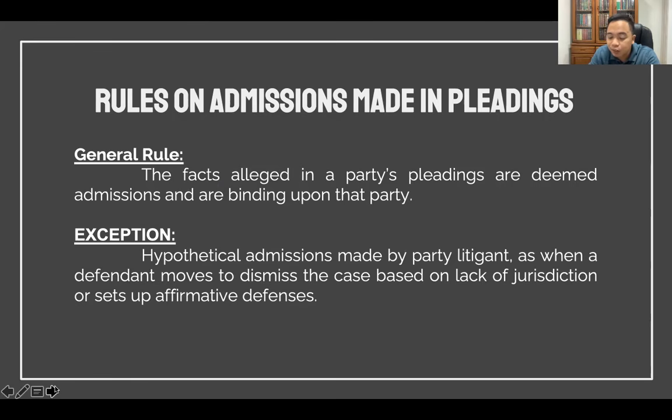Kasi class, pag nag-file kayo ng motion to quash, the party will assume as true the allegations in the information. For example, if you file a motion to quash based on the defense that the